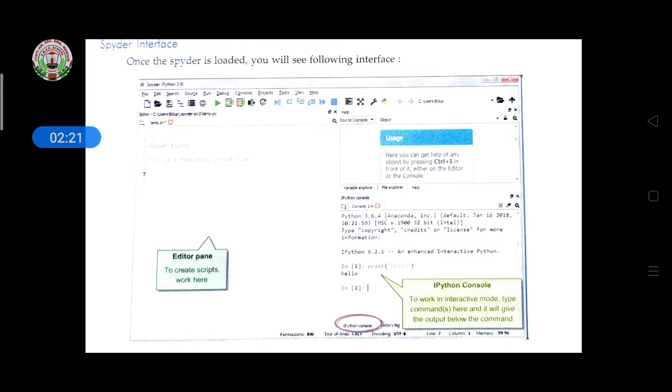And then on the right side the IPython console is given. There you have to write in the IPython console; interactive mode will be typed here. So on the left side we use script mode, and on the right-hand side we use interactive mode.